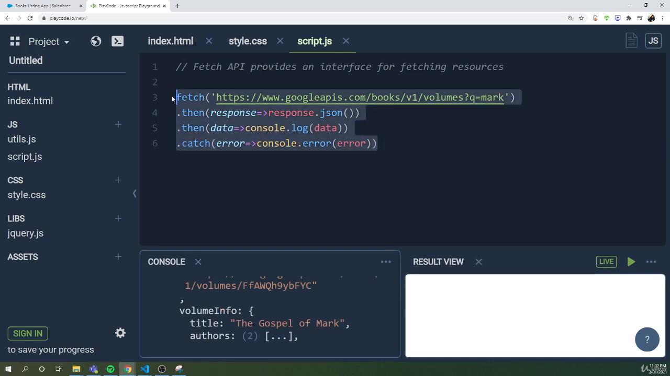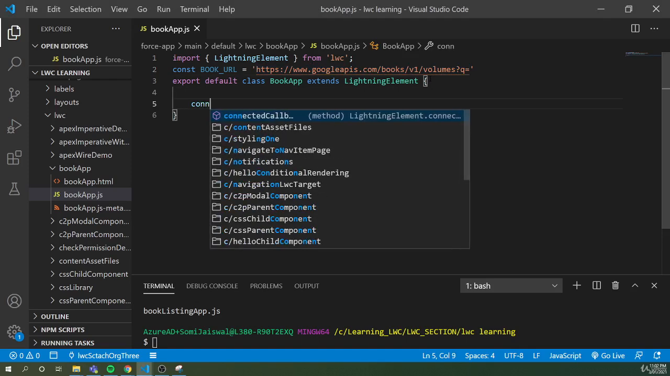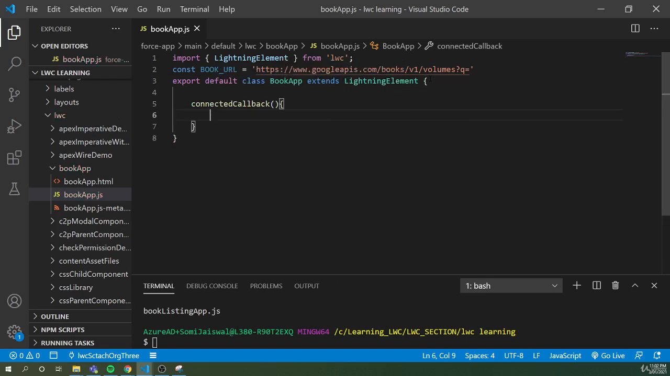So we're gonna use this fetch API in our component to fetch the details of the books. What I want is to call this API on the load of the component, and we already know to call something on the load, we have to use the connectedCallback lifecycle hook, and I'll say this.fetchBookData. It is a method, and outside this I'm gonna create this method fetchBookData,